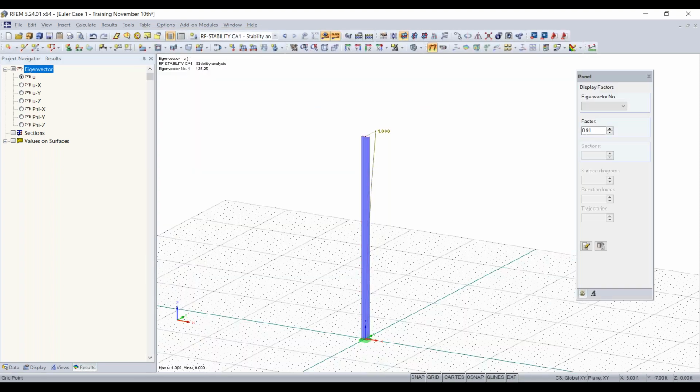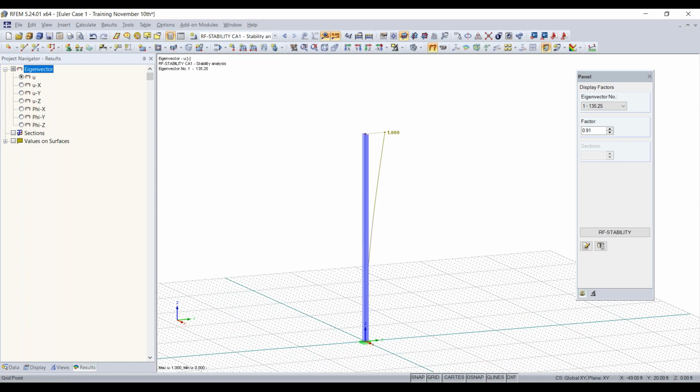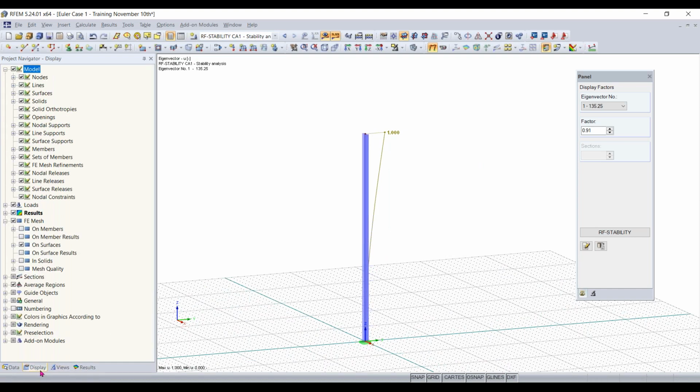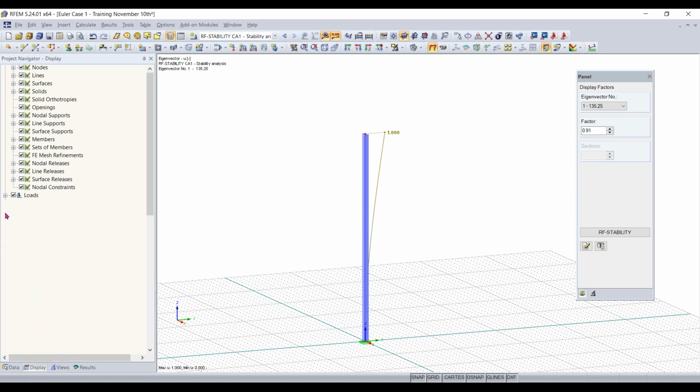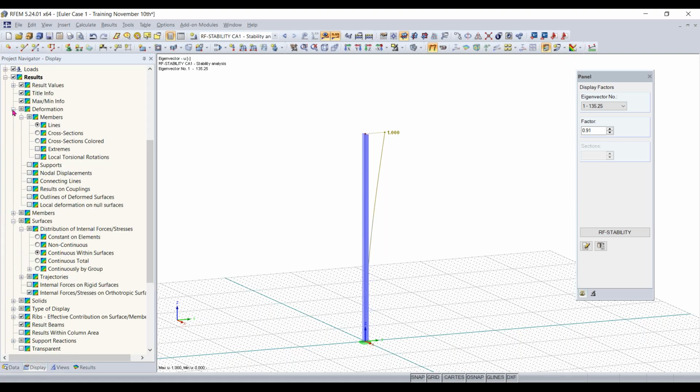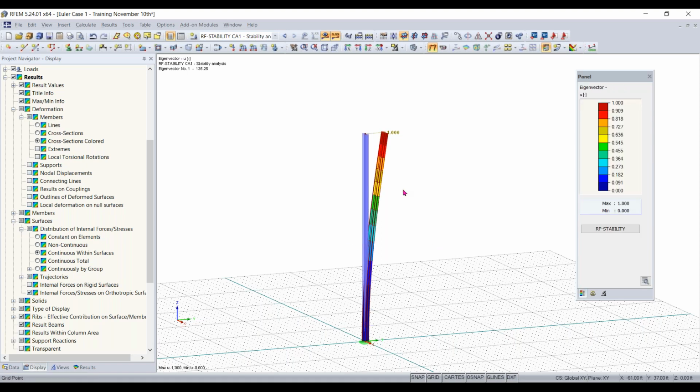So if I hit the graphics button down here, we can also turn on colored cross sections. If I go to my display tab, and then go to results, if I expand my results option here, under the deformations expansion category, I can click on that, and then I can choose cross sections colored. And now you can see that that yellow line that once represented our deformation is now colored according to